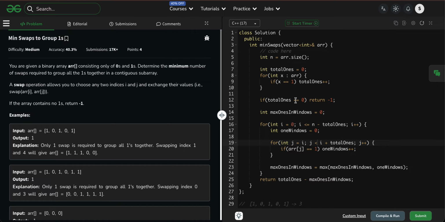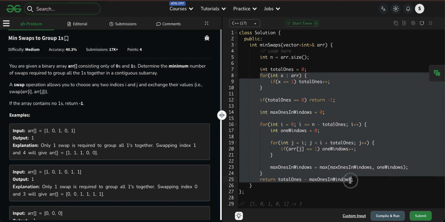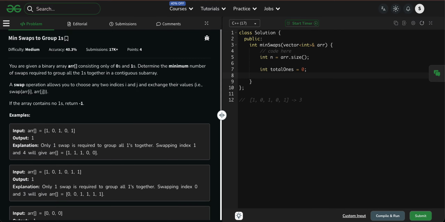So the formula is minimum swaps is equal to the minimum number of zeros in any window of size total number of ones. So now I just write the optimal code, right. In the optimal code, start from here: first, count the total number of ones, right.